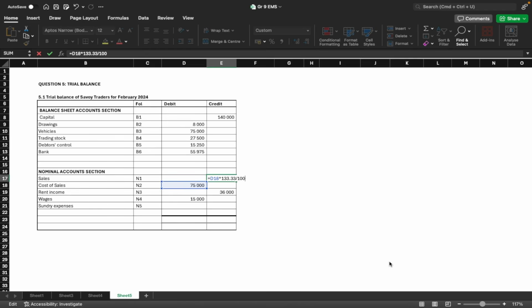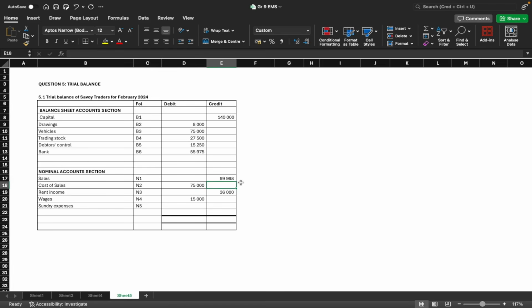Well, as we have already done in the other question, we take what we are given, which is the cost of sales, multiplied by what we want. We want the 133.33, which is the sales, how much we sell it for, and then we divide that by what we have, which is the 75,000 Rand, which is our 100%, because this is using markup. Okay, so what is our answer going to be? If we press enter there, you can see it gives us